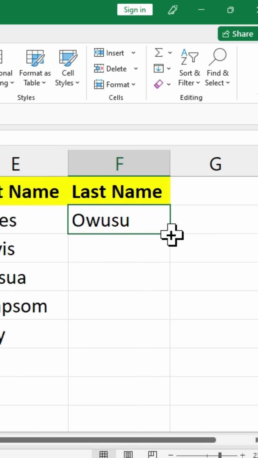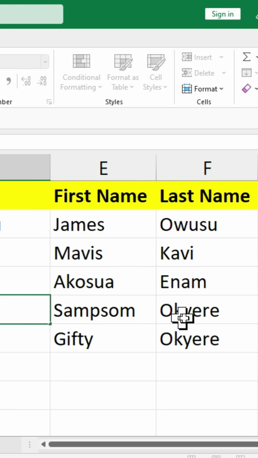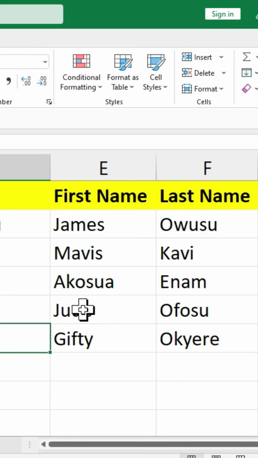We can select this and double click. Now I have this new name here. Now look at what is going to happen in this E5 and also F5. If I press the enter key, this is also going to change this and this,